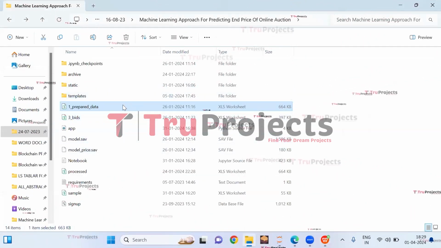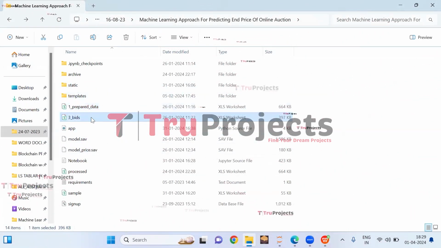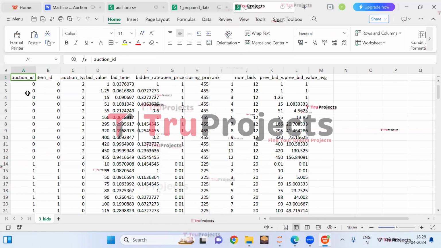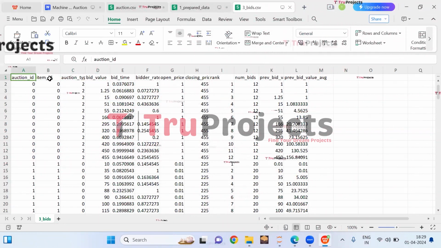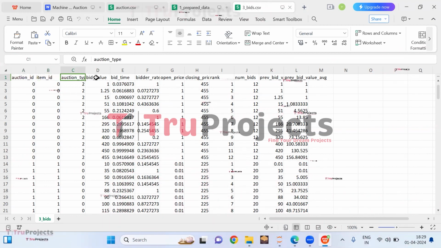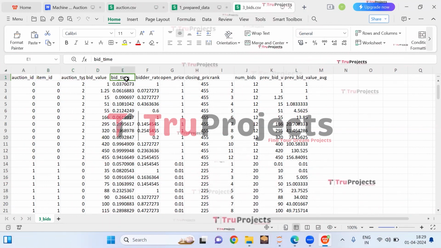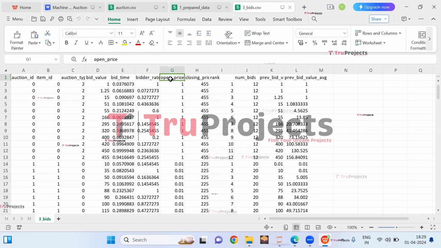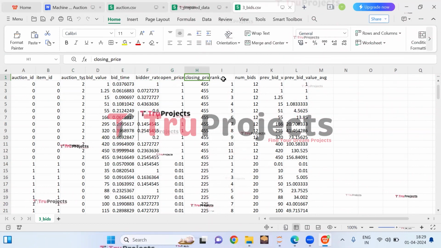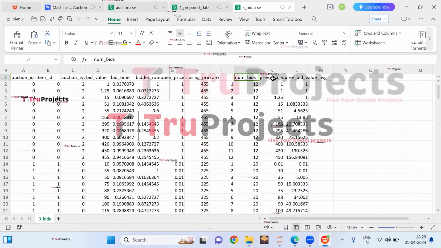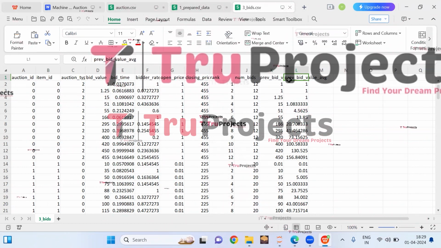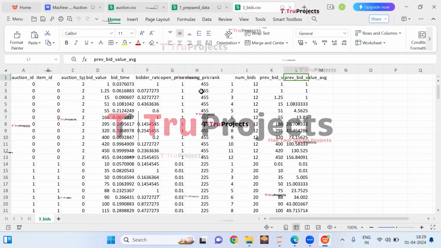And after processing this data set, this is the data set which we get, in which these are the features which we have: auction ID, item ID, auction type, bid value, bid time, bidder rate, open price, closing price, rank, numbers of bid, previous bid value average.